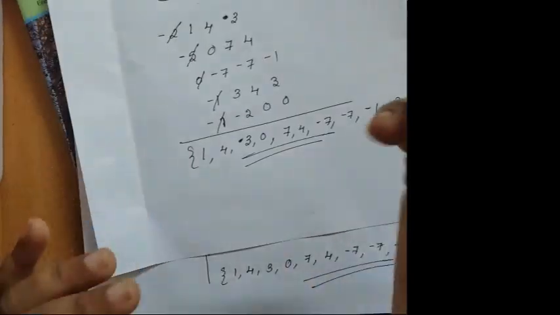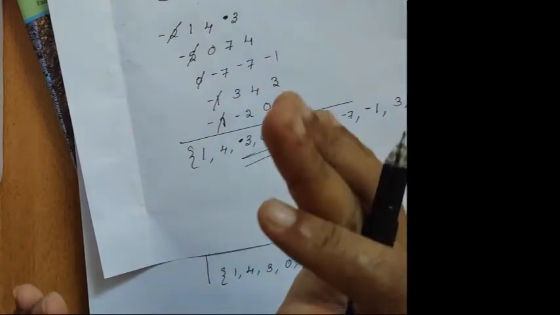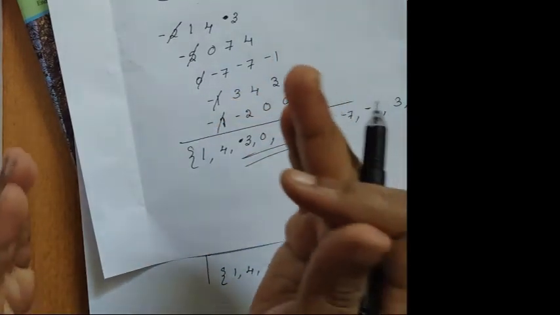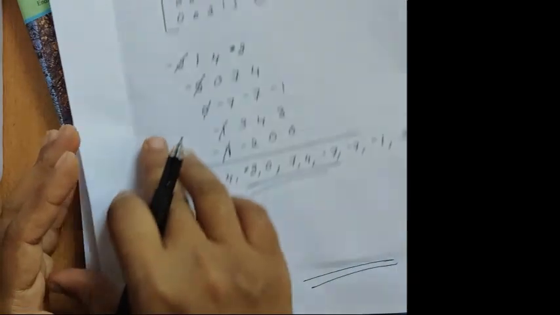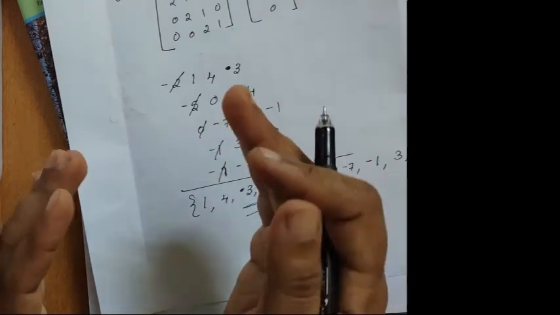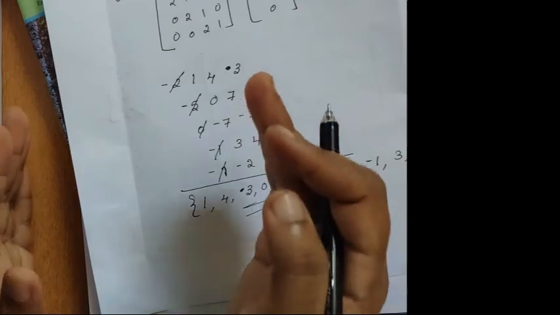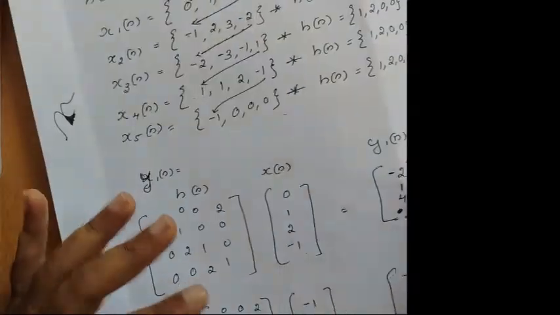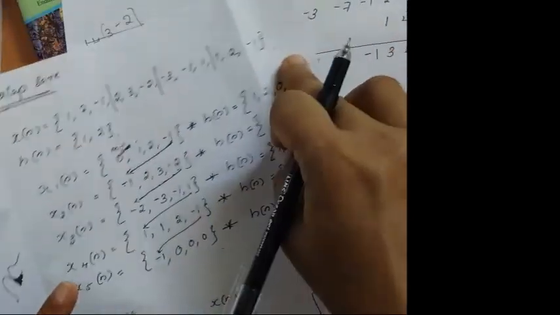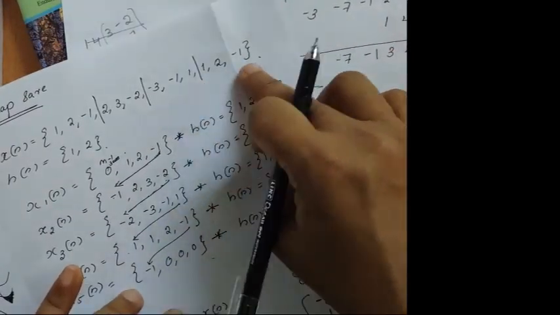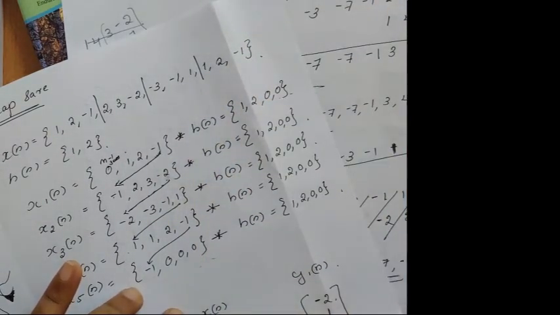Okay, so if you're doing linear convolution using circular convolution, if it is a long duration sequence, you have to divide the sequence into smaller sections. In both the overlap add method as well as the overlap save method, you have to divide the data into smaller sections. You may have a doubt: what happens if you get one more number at the end when you divide it by 3? No problem, you just take it as the next section.